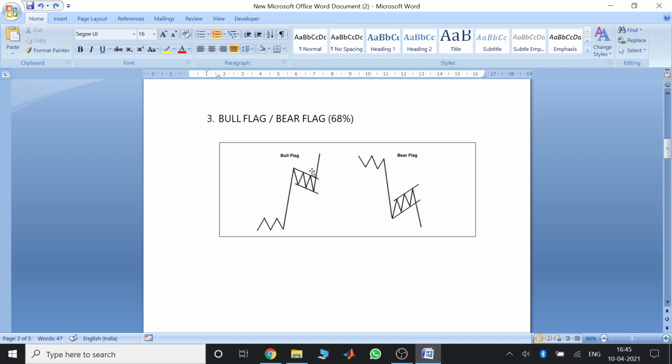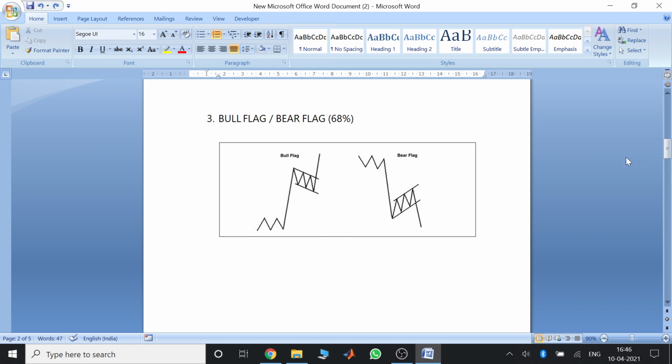So these lower lows and lower highs, after these lower lows and lower highs, some traders are convinced that okay, now the stock has turned around, maybe it's in a downtrend. But then the stock breaks this resistance trend line and continues its move upward. So this is called a bull flag, and this whole move upwards, this big upward move, is called the flag pole. So this is the flag and this is the pole. This looks like a flag and pole. So this is the bull flag, and similarly for the bear flag.